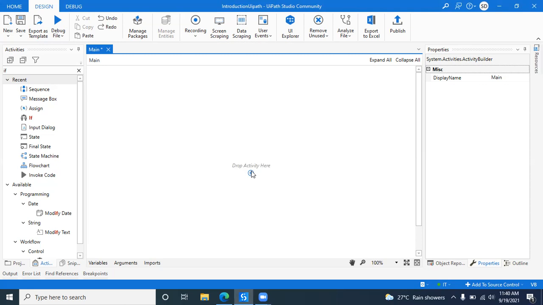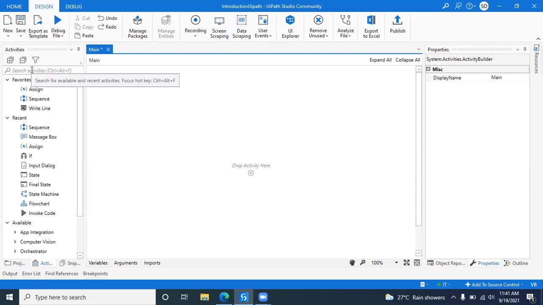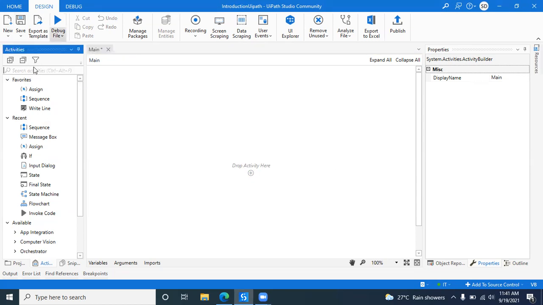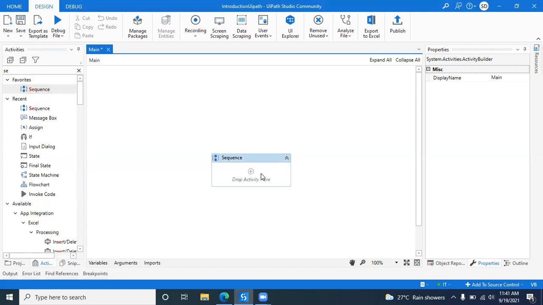And if you want to take a flowchart, again you have to do the same. It's not working. If it's not working from here, then you can take it from here also, just by dragging and dropping. There are different methods of taking a sequence: directly clicking there by searching in the activity panel, or if you want to create a new sequence, then you can directly click here. Multiple options are available.